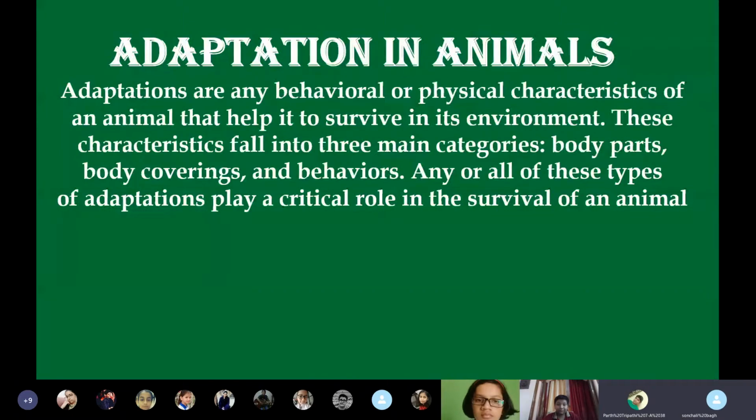Okay. What are the physical changes you have made? Means in your body. What are the physical changes you have made in your body or in your daily routine? Ma'am, we are taking proper hygiene. Okay, I'm giving you some points. Yes or no, you will tell me. Because of COVID-19, we are taking water. Yes or no?